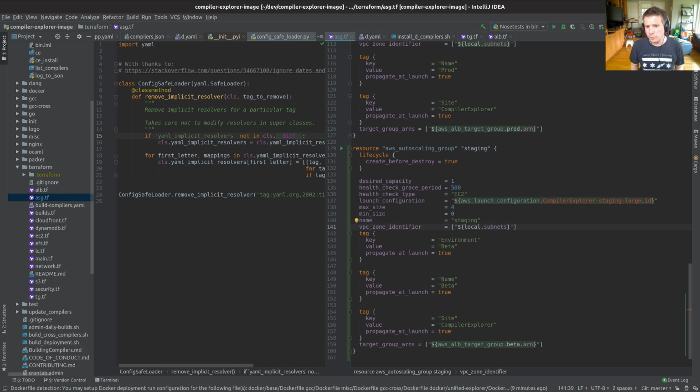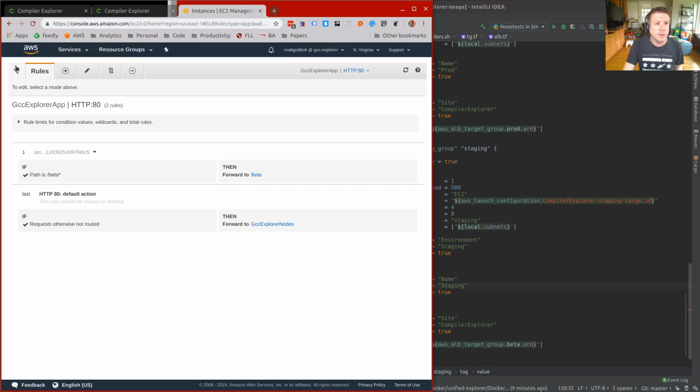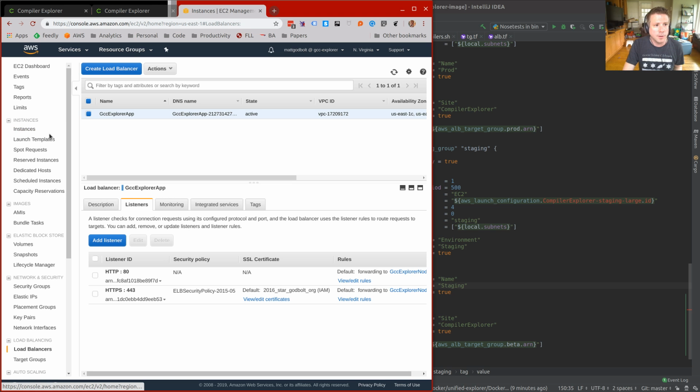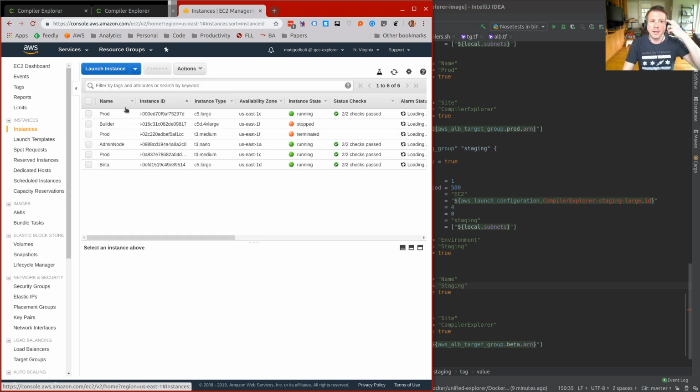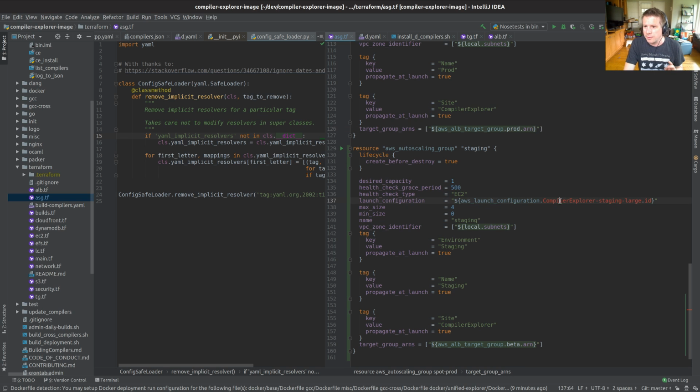Local subnets, those are cool. Environment, staging, name, staging. So these are tag values that will be propagated on all of the instances that are created inside this auto-scaling group. And the most important one here is the name one, because when the instances themselves are created and appear inside this list here, the name will be staging, and that will be very useful to know the difference between the various machines. Okay, this is red because we haven't defined that. Good, that's going to help me with my to-do.